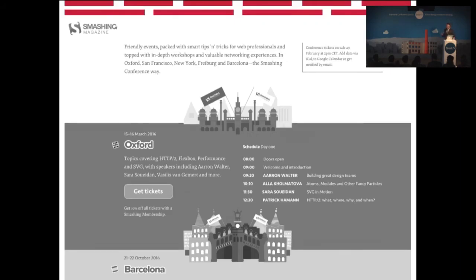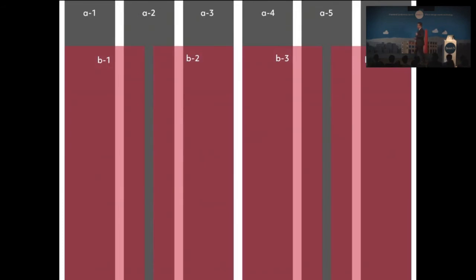Now, at the beginning of this year, I worked with Vitaly on some creative concepts for Smashing Magazine's upcoming anniversary relaunch. And during this design process, we decided that a 6-column even ratio grid was the most flexible for presenting the editorial content. But sadly, the advertising that Smashing relies on was a poor fit for that grid because 1 column was too small and 2 columns were too big. So the solution was to use an alternative grid which was made from 4 even columns.